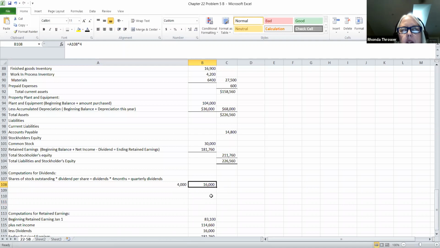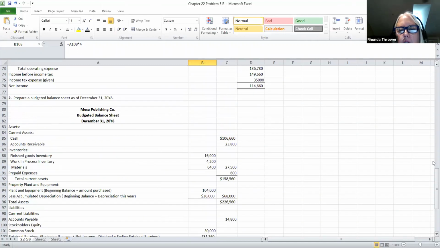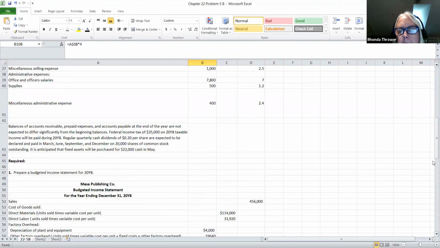Dividends are distributions of your earnings that you pay to stockholders. It's sort of like withdrawals are. They decrease the amount of the owner's equity. So dividends will decrease the amount of the stockholders' equity. And so that's all we had to do for these 2 types of financial statement